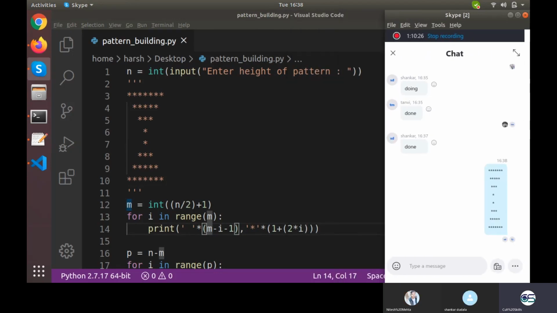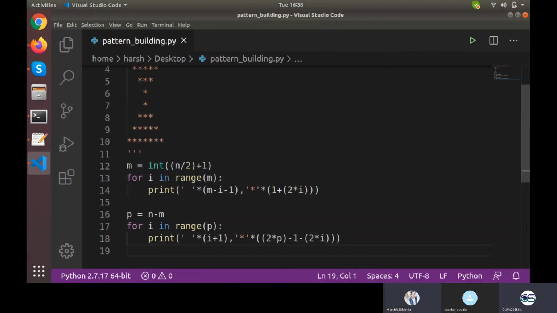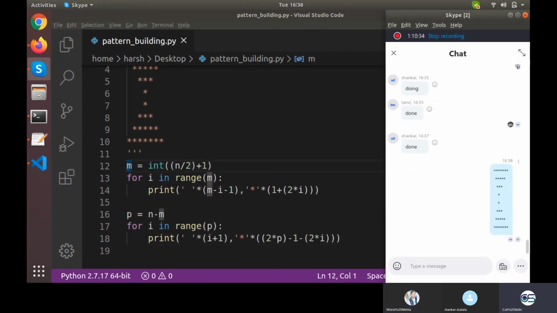Okay, so how many of you have done that? Please make it fast. I don't know what's wrong. The code is right there in front of you, and you are taking so much time. Please, Shankar, Saurav, Nitesh, what is the output from your side? Then please inform me if you have done that. Saurav, Nitesh, I'm not getting any output from your side. Saurav, are you on call? Saurav, Nitesh, are you on call?